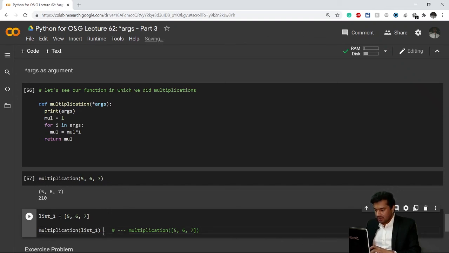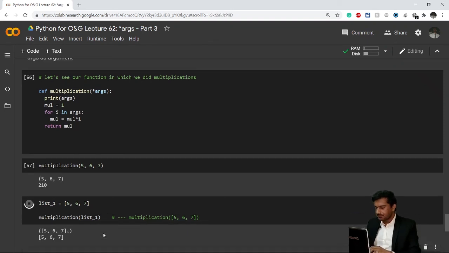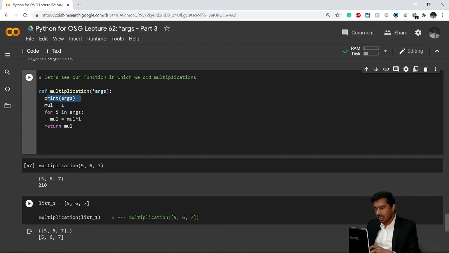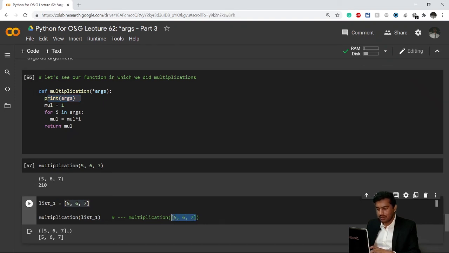If I try to run this, it is not doing the multiplication of 5, 6 and 7. Whenever I run this function, it will print the value of args. My args is the whole list, because I have just one element, and that one element is a list. So that single-element tuple looks like this, no harm in that.